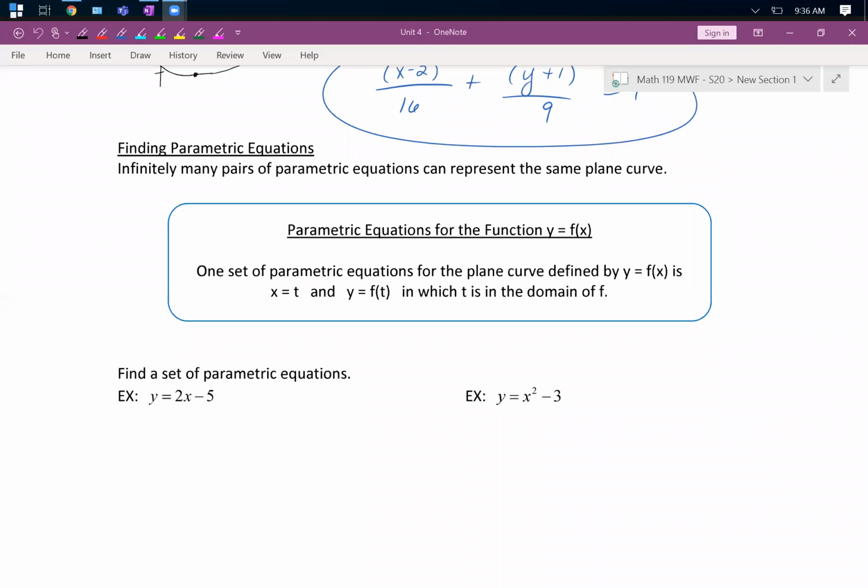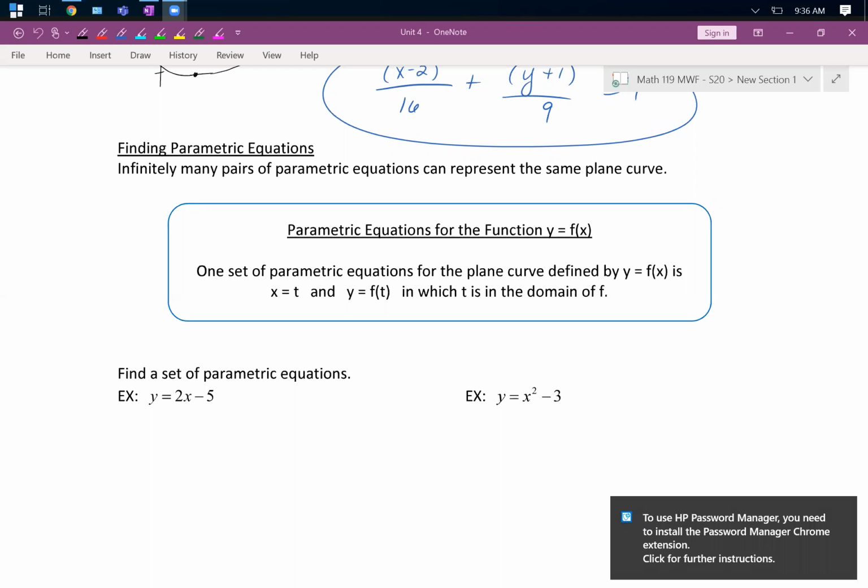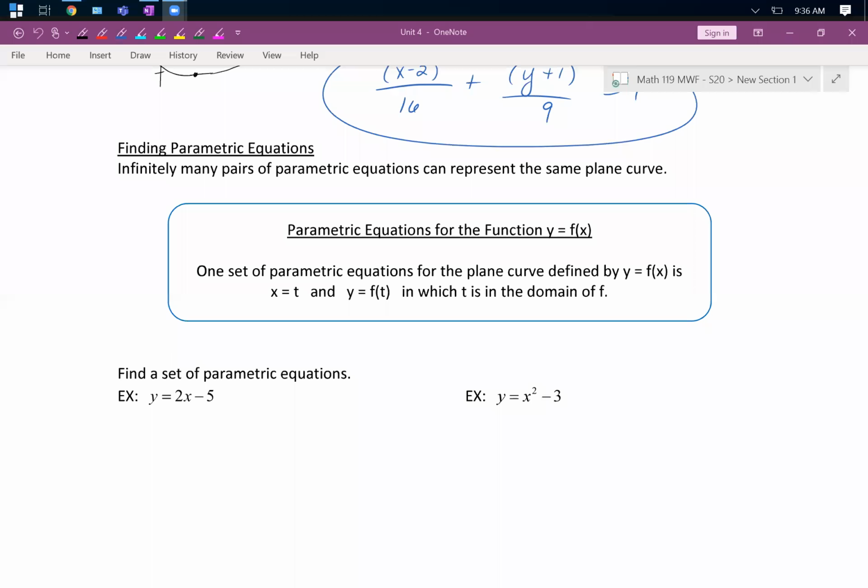Okay, so now we're going to find parametric equations. There are infinitely many pairs of parametric equations that can represent the same plane curve. So we're going to find like the easiest set that there is out there. One set of parametric equations for the plane curve defined by y equals f of x is to simply let